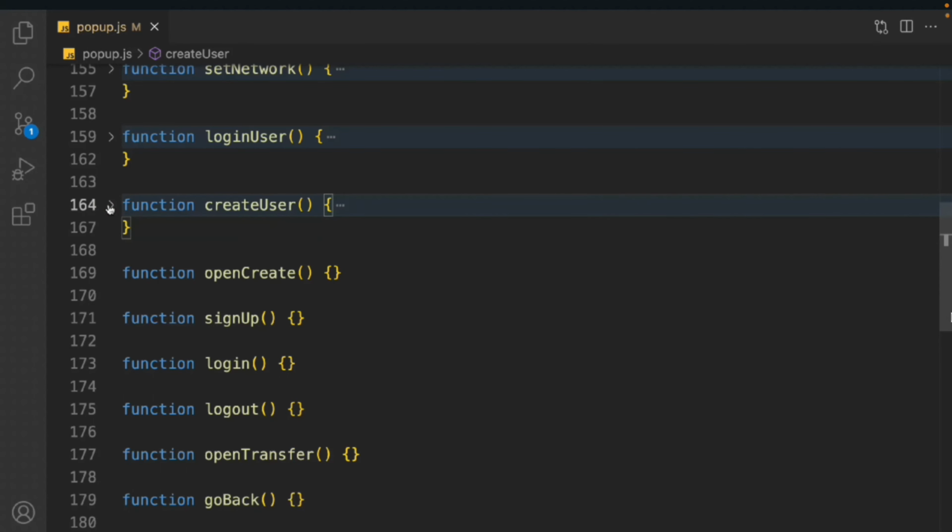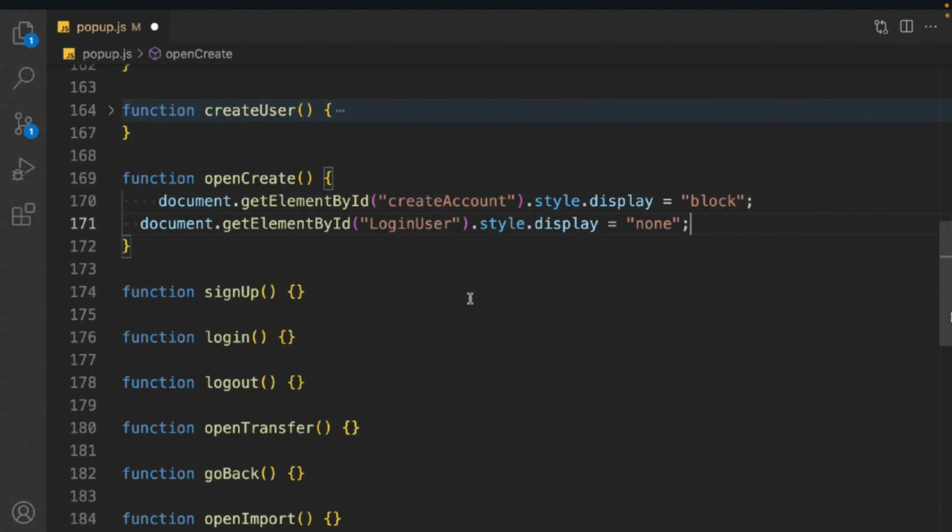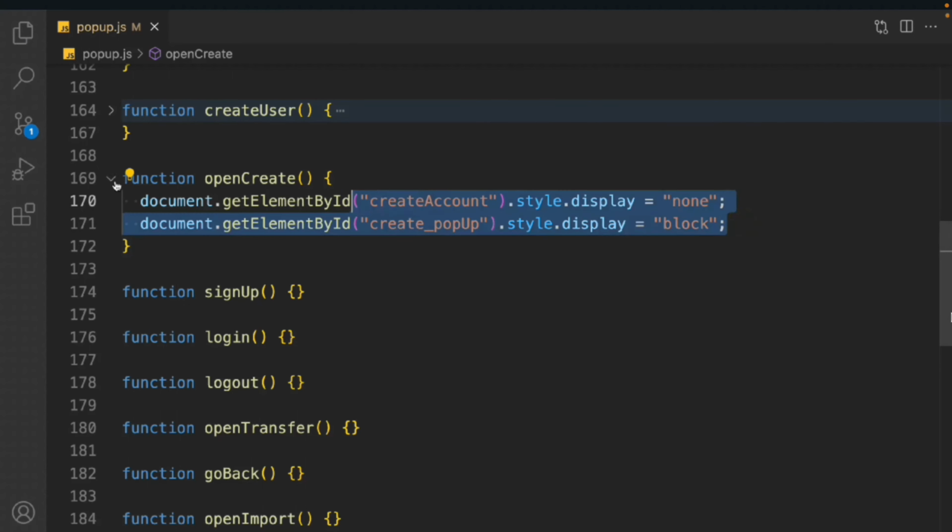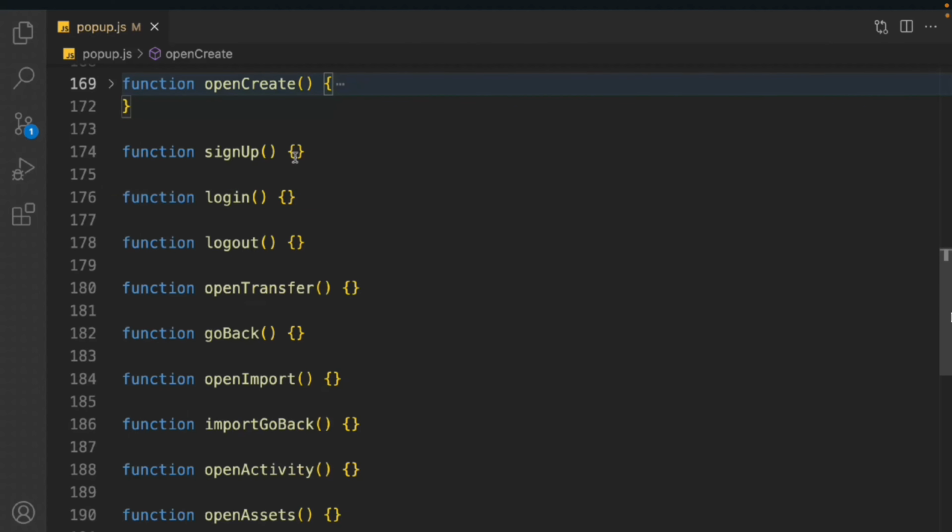Now looks pretty good, and grab this one, and that's the same thing we have to do here. What we can do is let's change this to none, and this will be the block, and here we have to change the ID to create pop. Okay, looks pretty good. Now grab this one, we have already taken that one, to come back to the sign up,